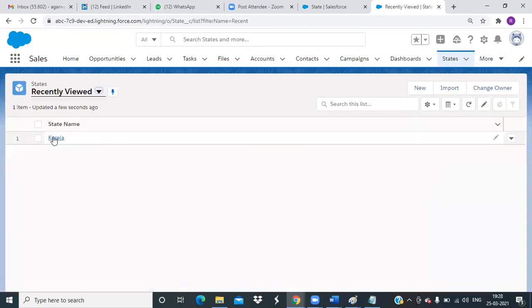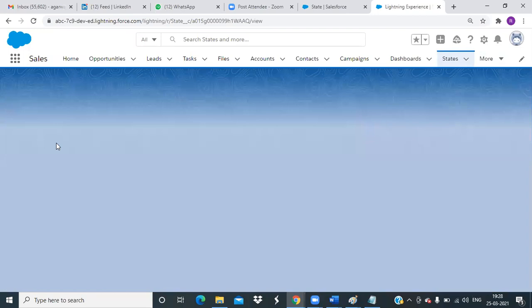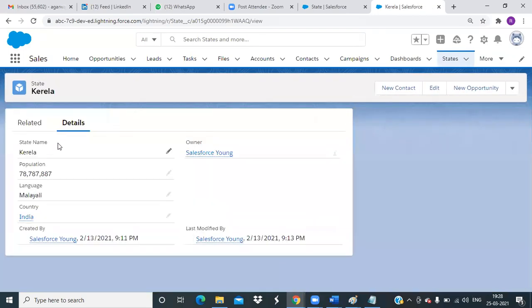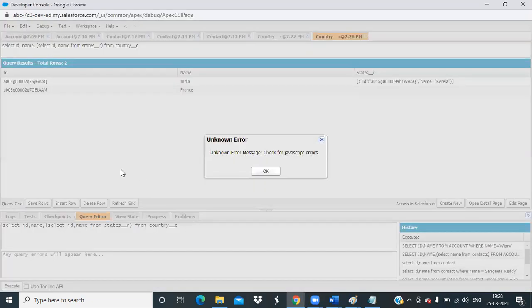I'm going from child to parent. For this state, I want to know the country name. How?